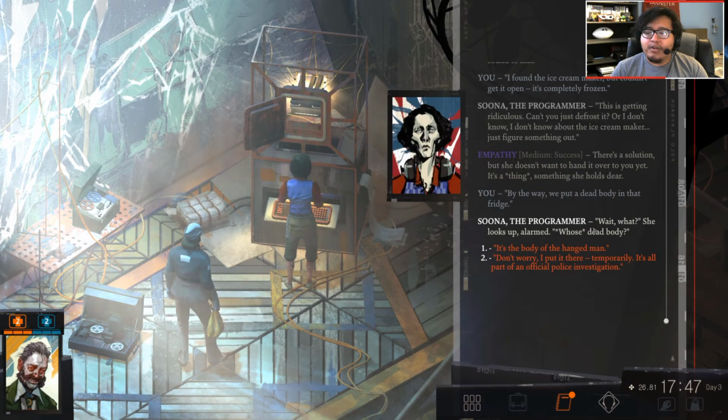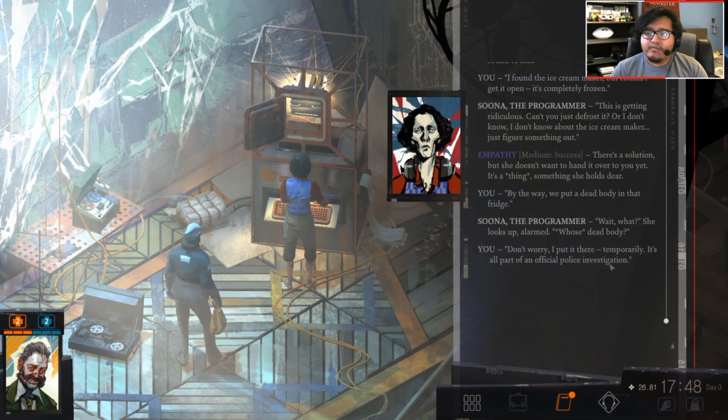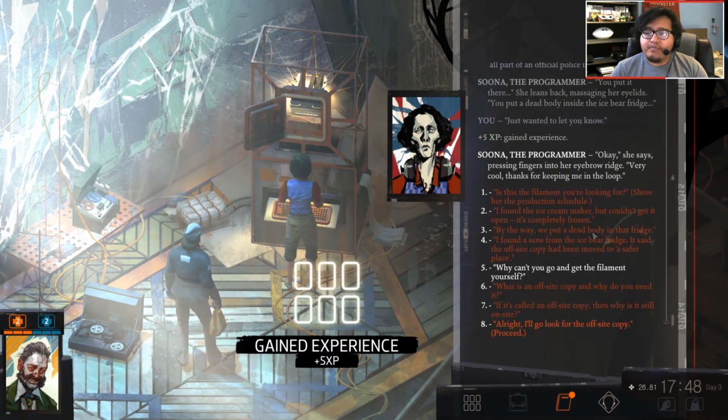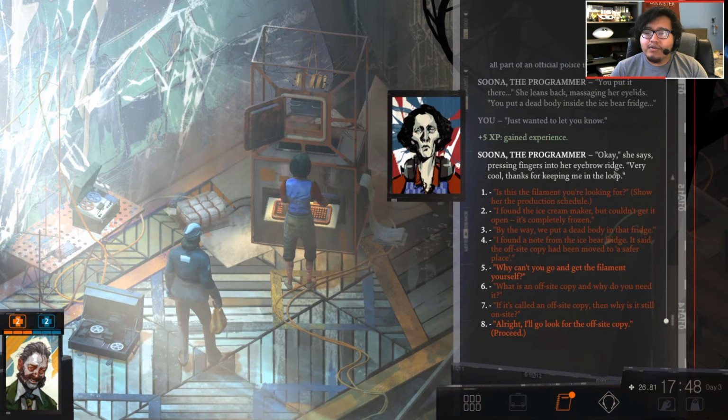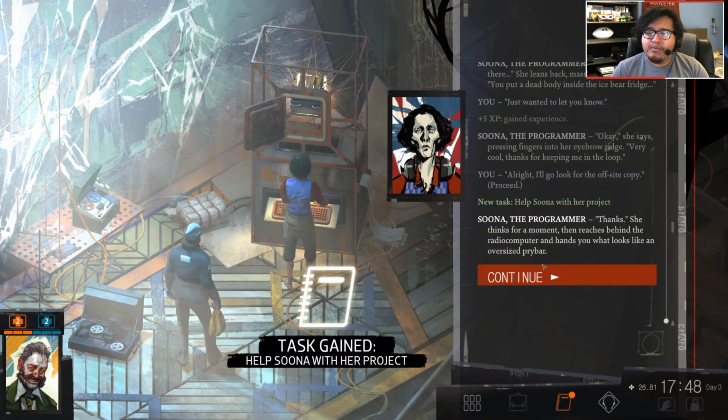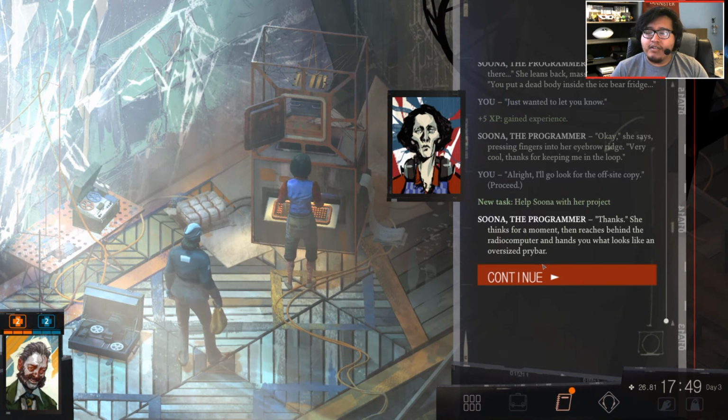Wait, what? Whose dead body? Don't worry, I put it there temporarily. It's all part of an official police investigation. You put it there? You put the body inside the ice bear fridge? Yeah, that's what I said in the first place. Just wanted to let you know. Okay, she says. Very cool. Thanks for keeping me in the loop. And then we head out. Thanks. For a moment, she reaches behind the...